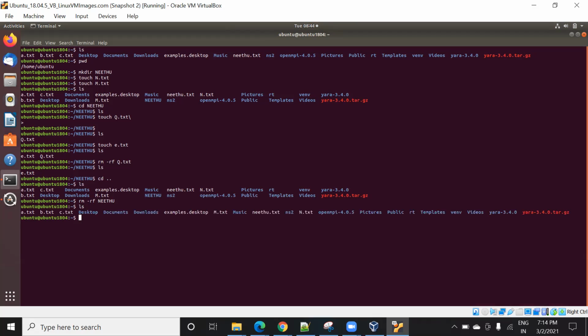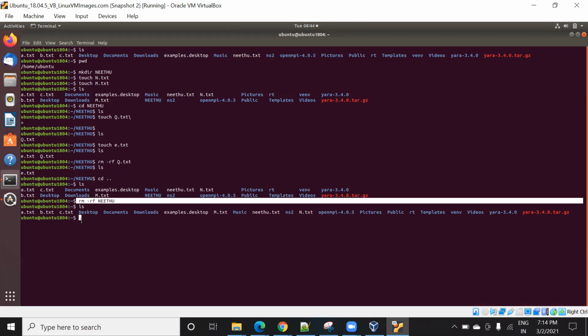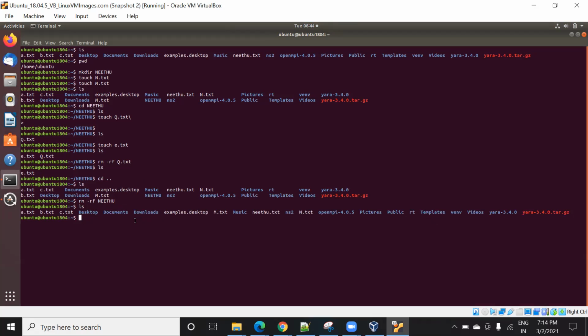Okay. Now let's see, is there any folder? No, it's not there. So both are working. You can remove with rm -rf also. So it will forcefully delete the file. It will work for directory and file also. In case you want to delete but one folder, let me create another folder.